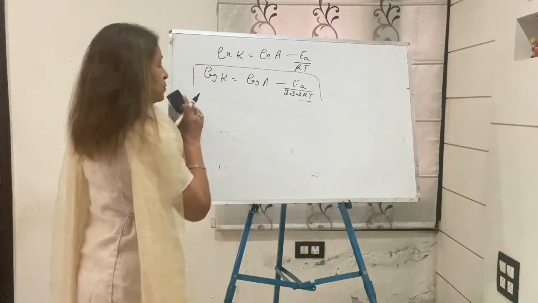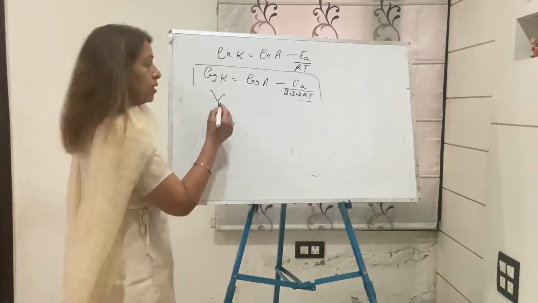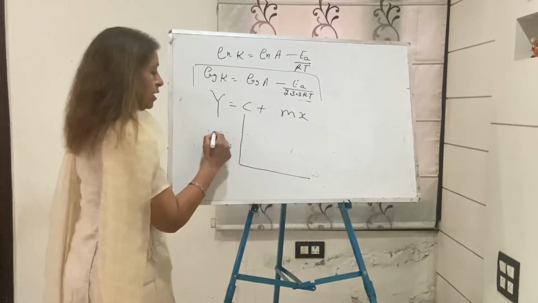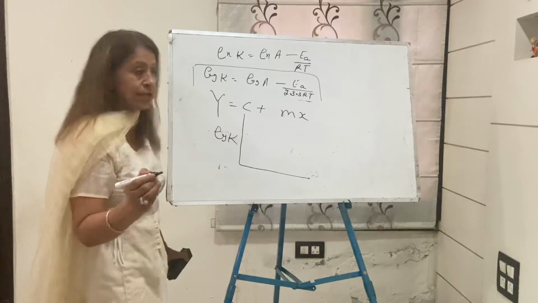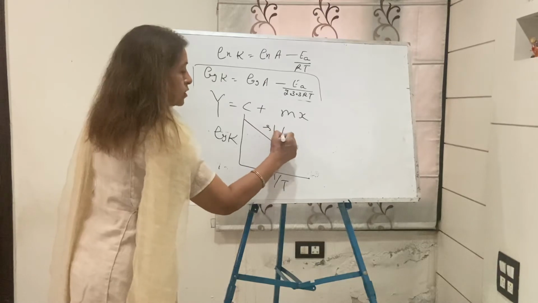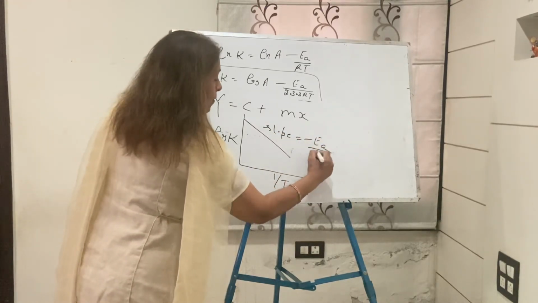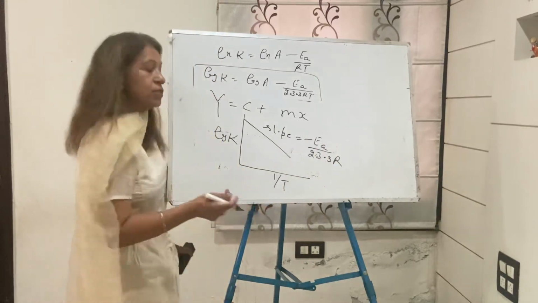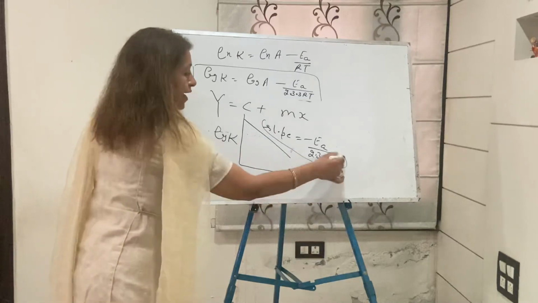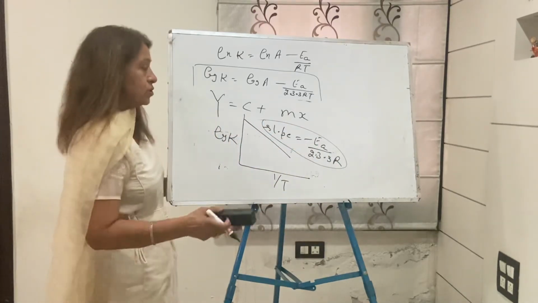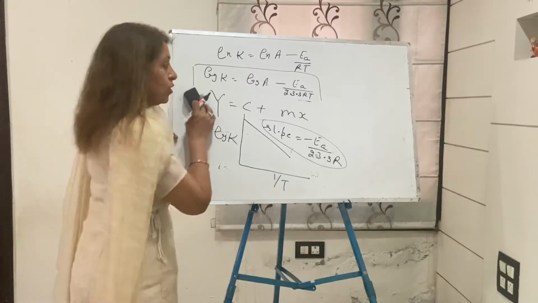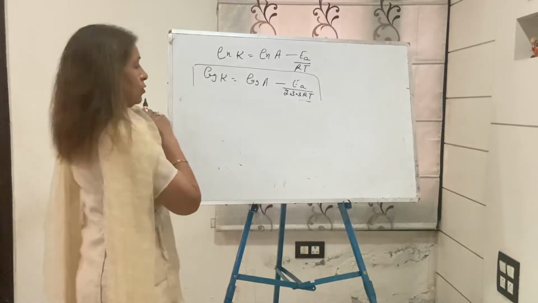This equation resembles the equation of a straight line, y = mx + c. So if you plot a graph by taking log k on the y-axis and 1/T on the x-axis, your graph is a straight line. Write down, the slope is -Ea/(2.303 R). The slope numericals we will also take in the next lecture. You can make it the third formula: slope is -Ea/(2.303 R).